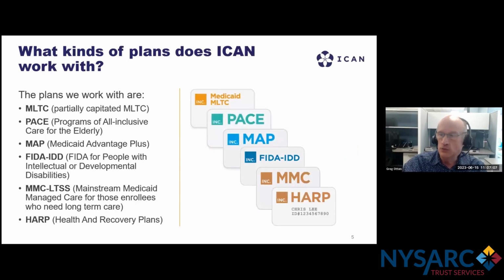Now, alphabet soup. I'm not going to give a training on all of this. Let's suffice it to say there are 2 basic types of plans: partially capitated and fully capitated. These plans are paid a capitation rate, which means they're paid per member per month. So they receive the same amount from Medicaid, whether they give 4 hours a day of home care or 24/7 split shift. So they have a certain incentive to make things a little hard to get hours, if I may say. And that's where we come in.